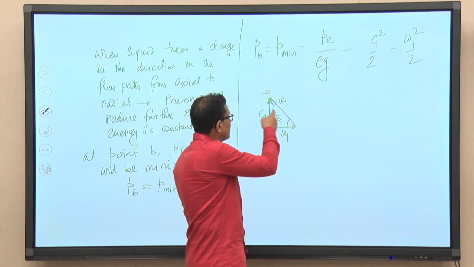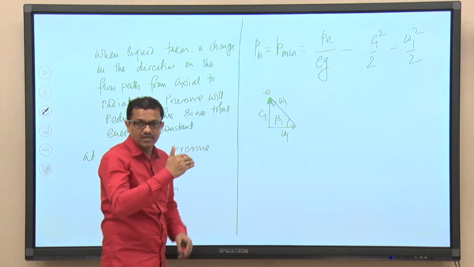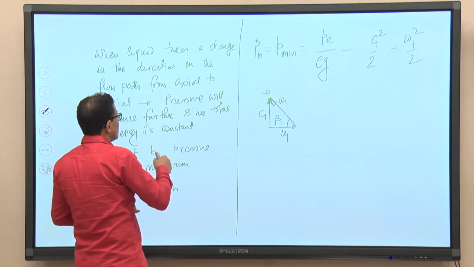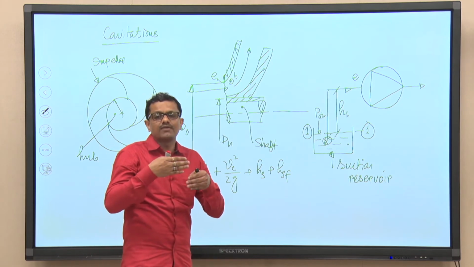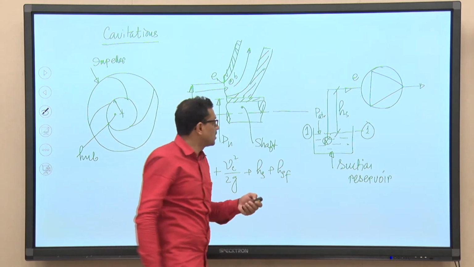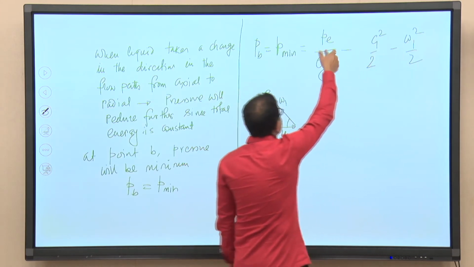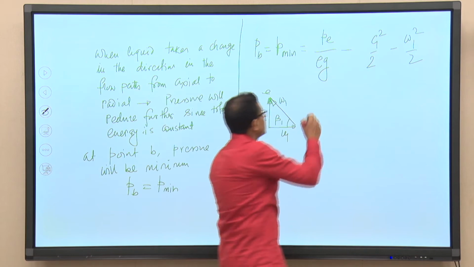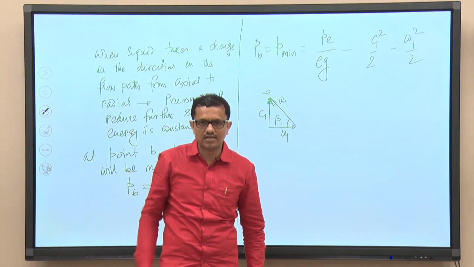Now, question is, at point E we have a certain value of C1 and W1. Now, if we go further inside from this point E towards B, what we have seen is that the fluid will accelerate. Because of this, C1 and W1 will increase, and because of this increase of C1 and W1, this pressure P will be reduced further, and that is the P minimum. Now, this is a very important point to be discussed here, right: we really do not know the magnitude of C1 and W1 at that particular point.